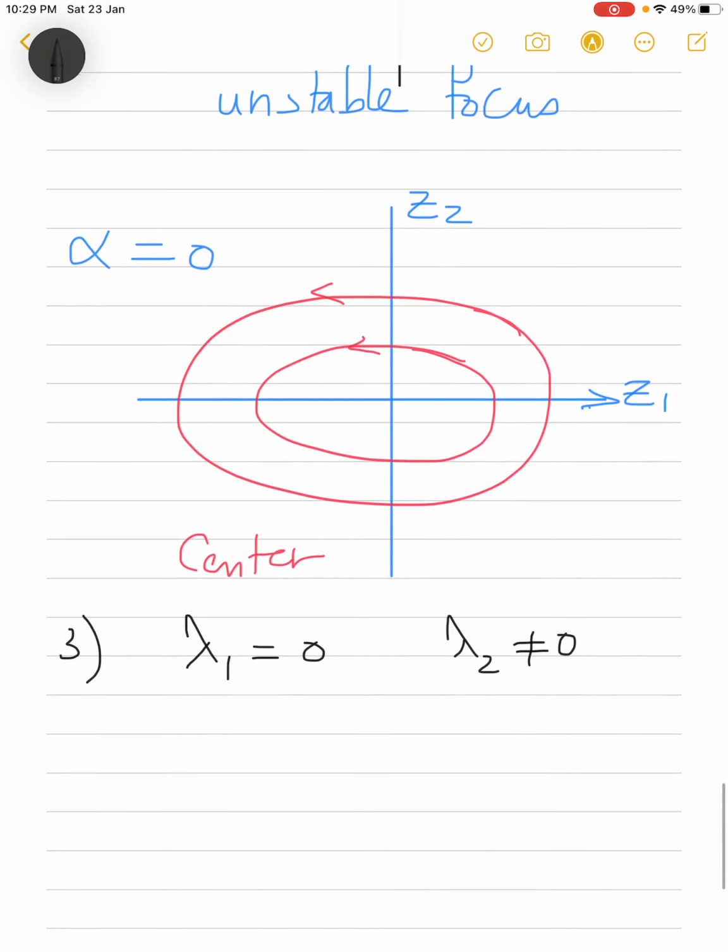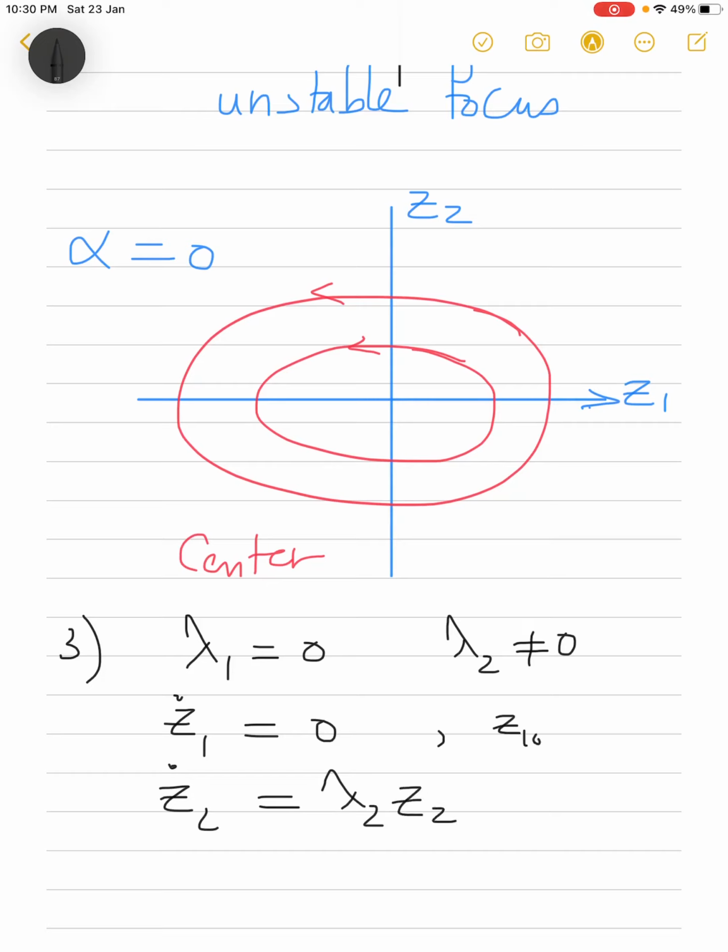In that case, we will have the differential equations z1 dot equals 0 and z2 dot equals the eigenvalue lambda 2 times z2, of course with some initial